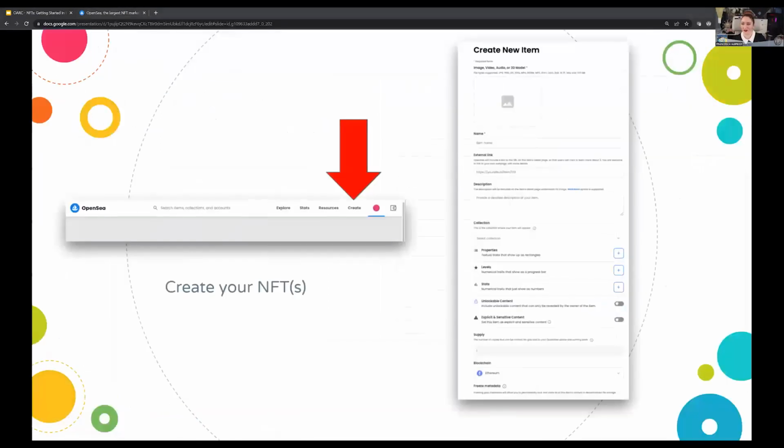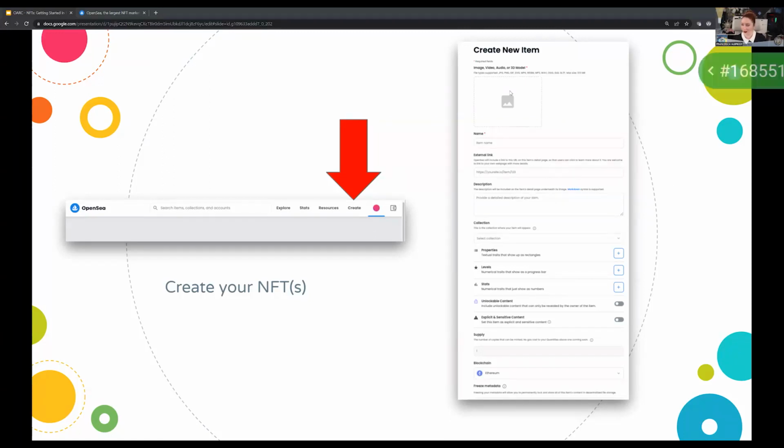So once you've set that up, you're going to click create again up at the top. Now, I'm going to warn you, I'm being a little sneaky. I'm going to cause us to run into an issue so that we have to go back, because I want to expose something within the platform. So just know we may have to go through this process again a little later, so pay attention, but it'll be much faster the second time around. So we'll click create at the top of the menu and you can begin creating your NFT.